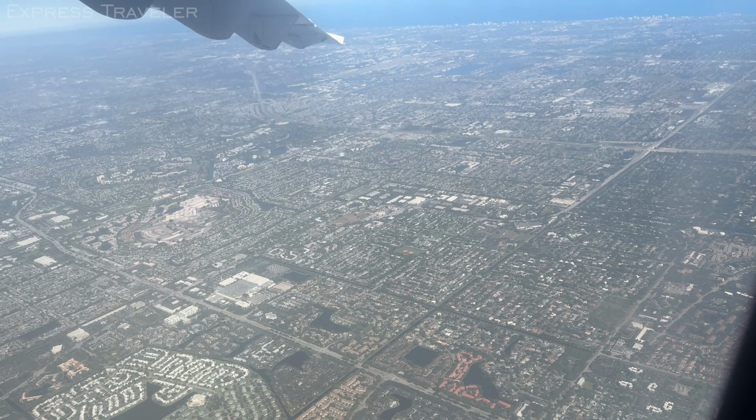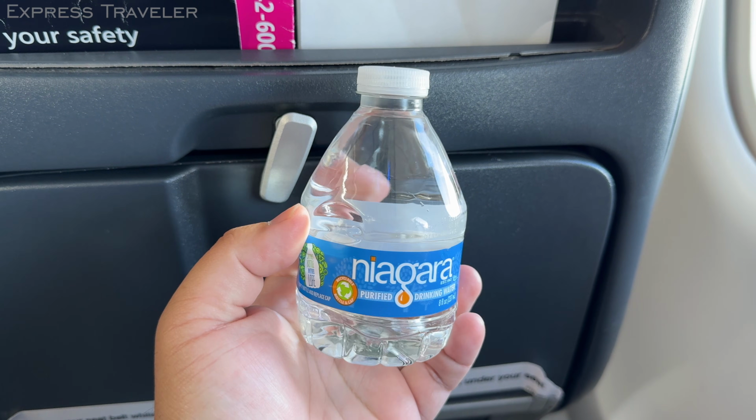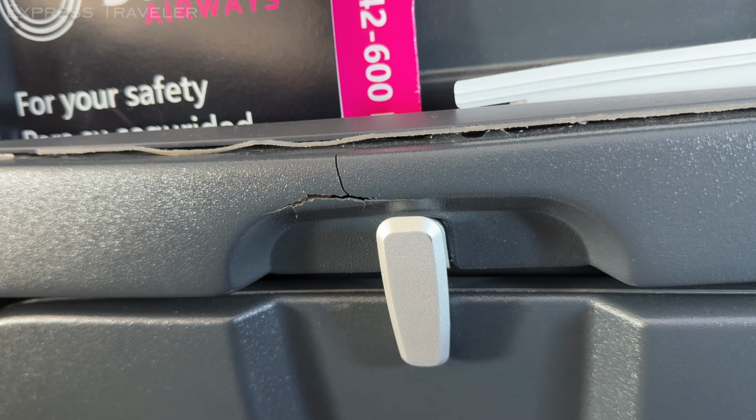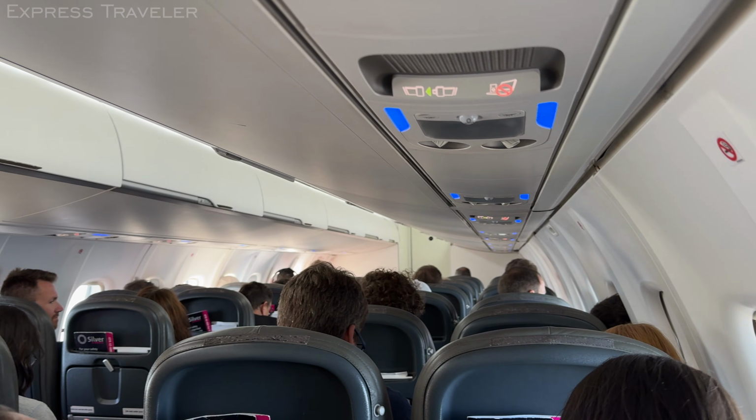Once we got above 10,000 feet, the air smoothed out and we were once again handed a small bottle of water by the lone flight attendant. I also couldn't help but notice the condition of the seats in front of us, with some cracks and broken seals. Once the seatbelt sign was turned off, I took advantage of being in the back and went to check out the lavatory